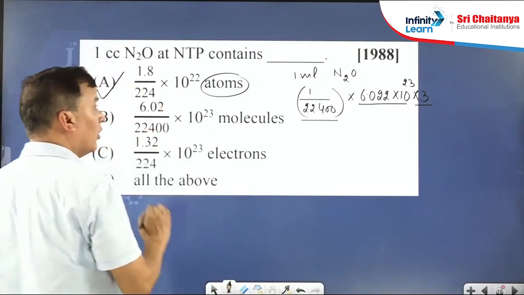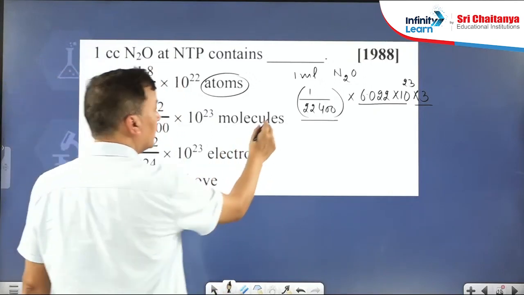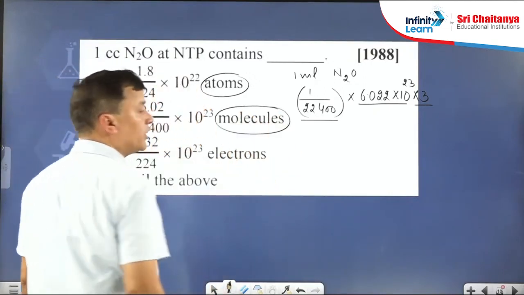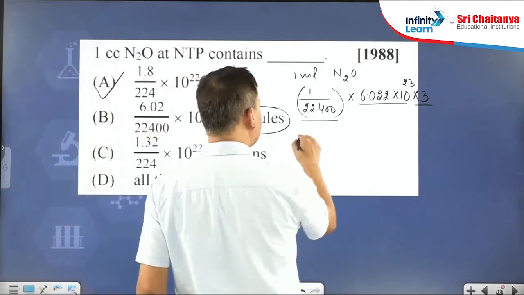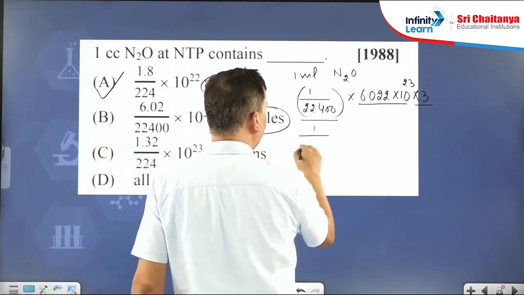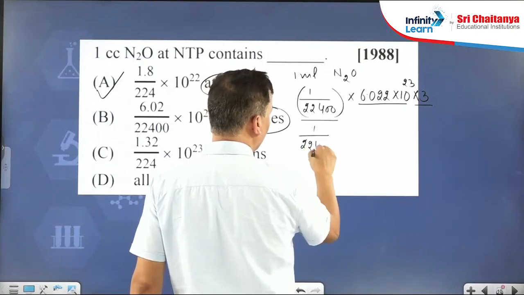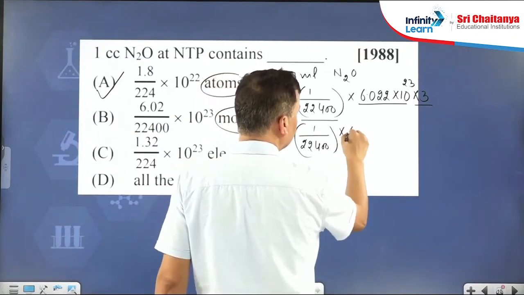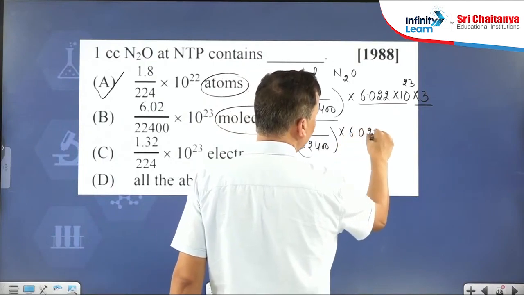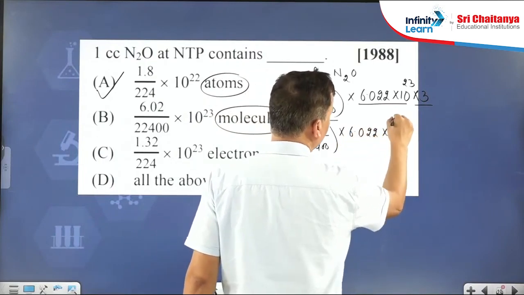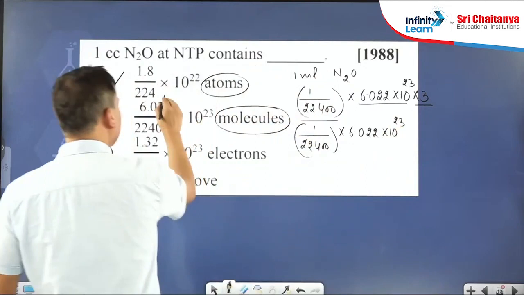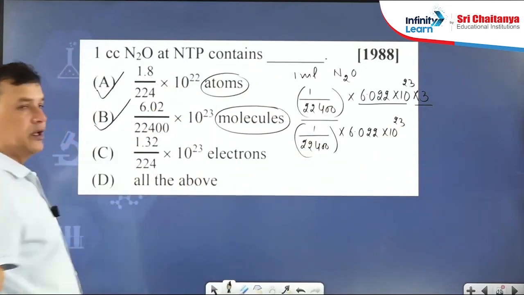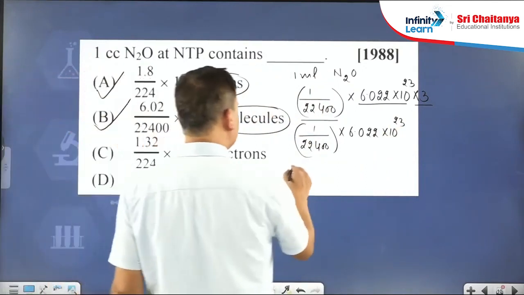Now next, we have to calculate for the molecules. So the second option is 1 upon 22,400 number of moles into 6.022 into 10 raised to power 23. These are the number of molecules. Then the third option,